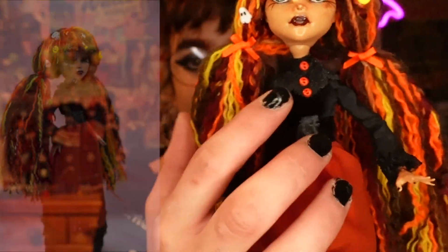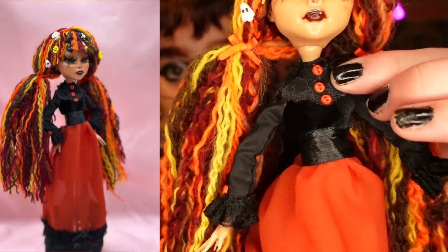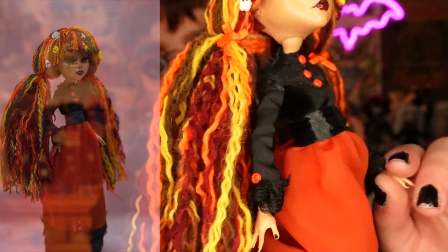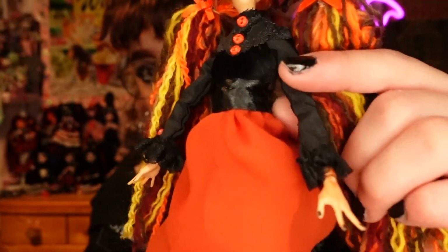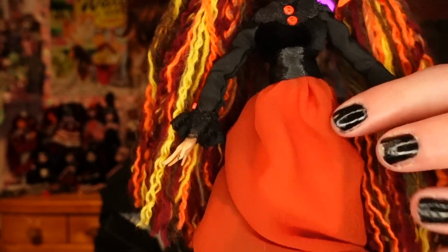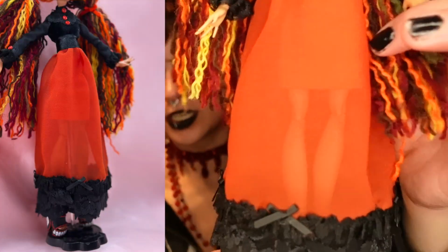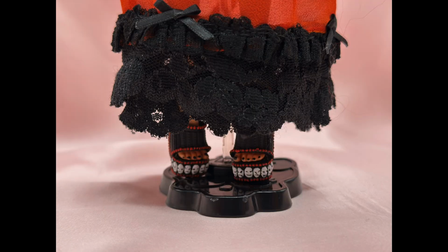And then I painted these buttons. So they were originally white, but I painted them orange. So she got little orange buttons going down the front of her dress and on her sleeves as well. There's a lace kind of yoke to the dress, black velvet top, satin sleeves, and lacy cuffs, a little ribbon waistband, and then the bottom is translucent, so she's got a little underskirt, and then lace layered